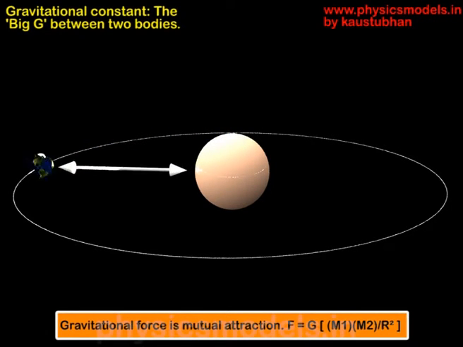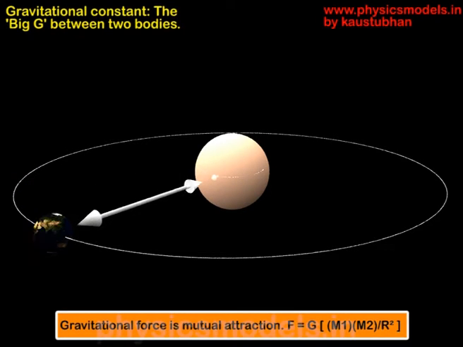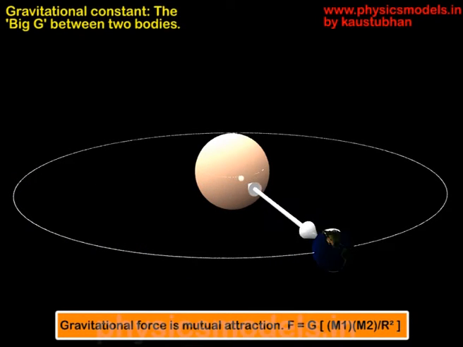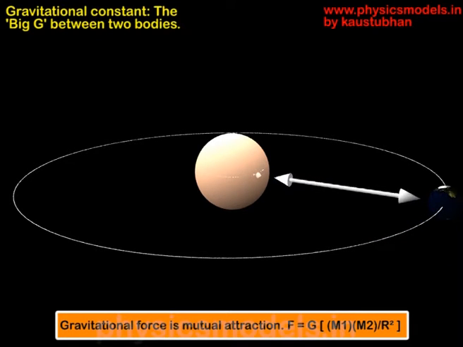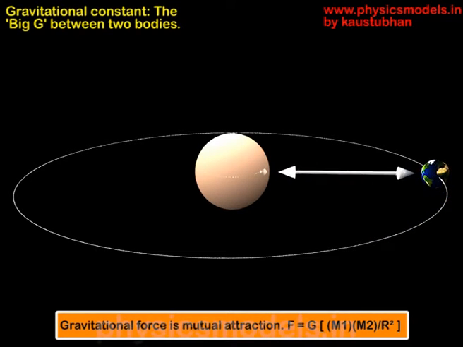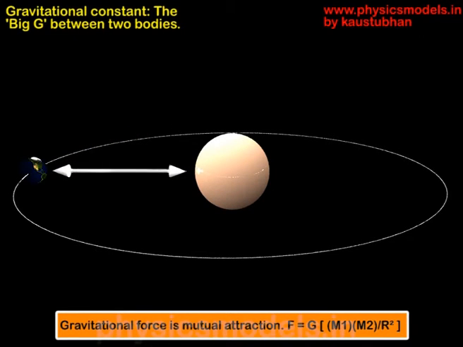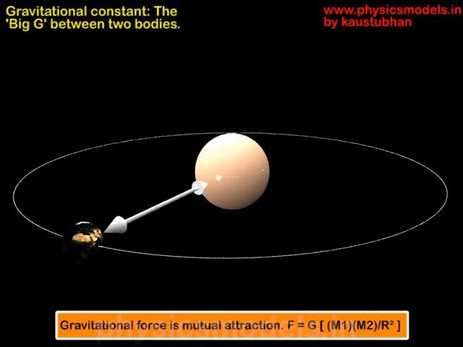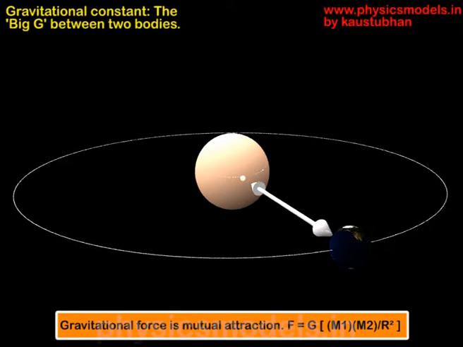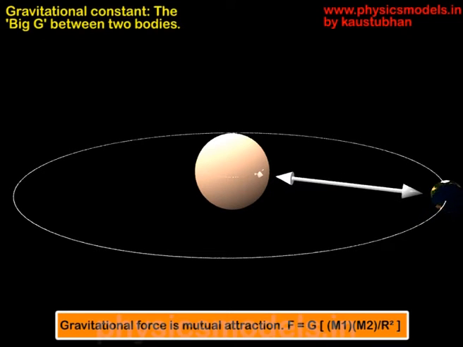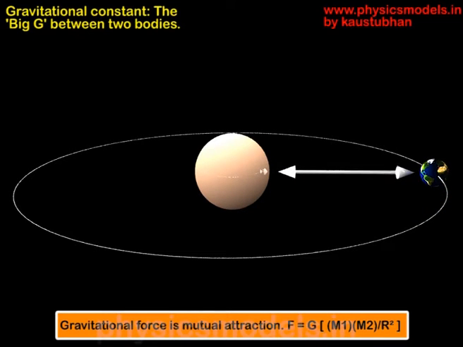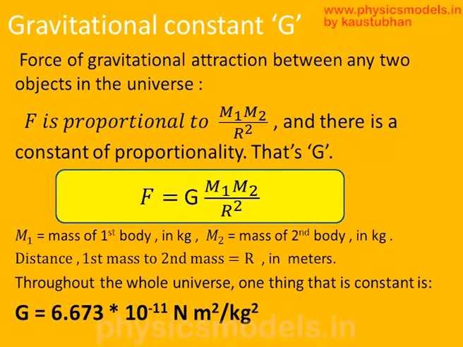So here you can see the sun is twirling the earth around as if we were in the center and the earth is at the end of a string and the earth is being twirled around. So therefore the analogy is very close to centripetal force, and the gravitational force of attraction here is being used like a centripetal force, and that's a force that keeps the earth moving for millions and millions of years. I hope this gives you a sense of the gravitational force of attraction. Now we will get into the equation itself.